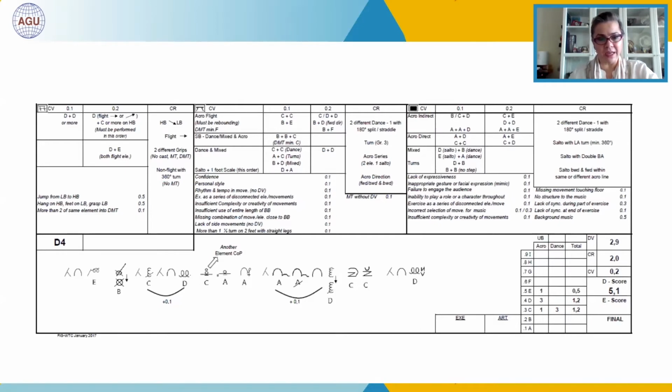And the second acrobatic band, 1.5 twist to double salto backward tuck. And we got here a connection of 0.1 for indirect acro connection, C plus D. And then we have here